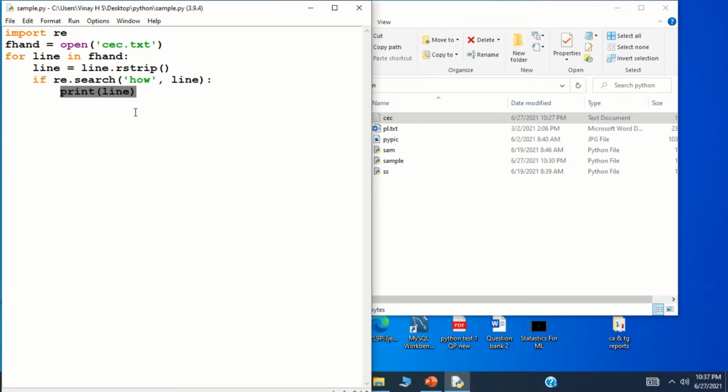So if you run this code, the Python interpreter, after the first iteration, will print the first line if the pattern is matched. Here the pattern is 'how'. Otherwise, the interpreter is not going to print the first line. In the next iteration, if the pattern is matched, the interpreter will print the second line, otherwise it's not going to print the second line. So just to run this,